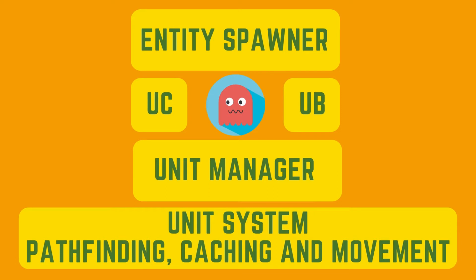We will be attaching a component and a dynamic buffer to all spawned entities. Unit component, which holds from and to location along with movement specific data, and unit buffer element that holds a set of waypoints as a path. Unit manager will be a MonoBehaviour class with a singleton pattern to dictate governing variables specific to pathfinding. The unit system will be housing a pathfinding job and will be responsible for caching paths and routing entities.